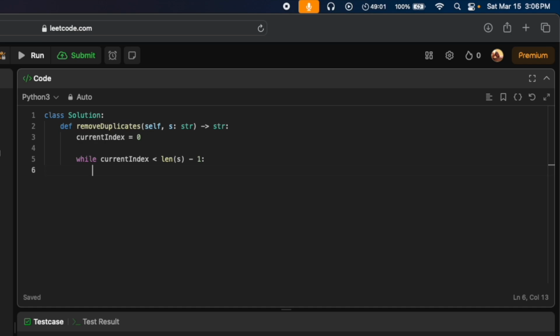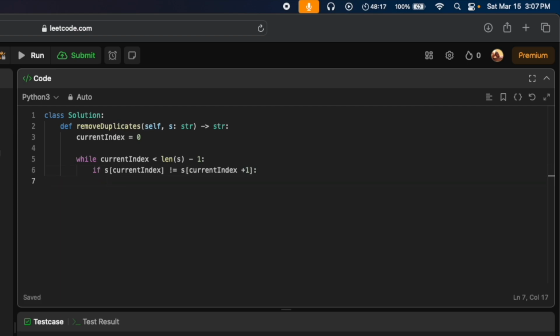So if that particular item, if S current index is not equal to S current index plus 1,